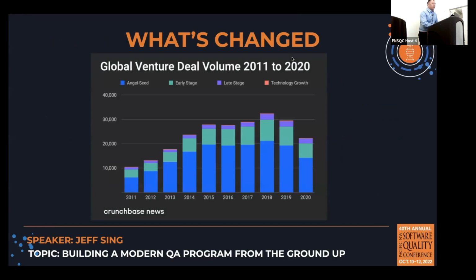Now, what's changed, right? What has happened? So what I've seen as the big difference is the startups. A lot of startups are starting, right? A lot of small startups. In the last decade, you'll see how many of these small seed startups have exploded exponentially. And these small startups don't just grow, right?